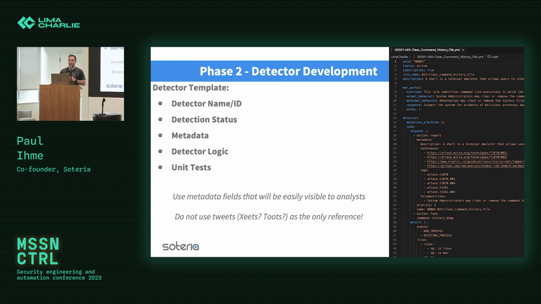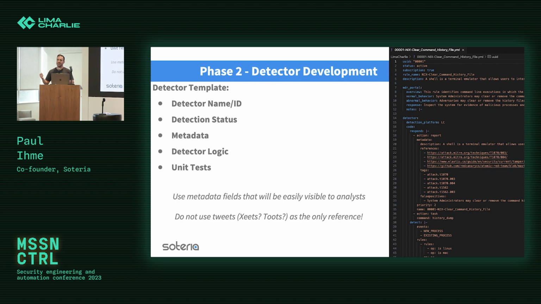This is an example. So we put together detector templates, and these are template files that are in our GitHub that everyone has to use in order to submit these detections, right? So this is what it looks like on our back end. We have a lot of metadata. First and foremost, a detector name and ID, a status, and that's a tag that we use internally to say this is active, or this is in testing, or this is archived, right? So that way we don't necessarily delete old rules. We'll keep them around in archive mode.